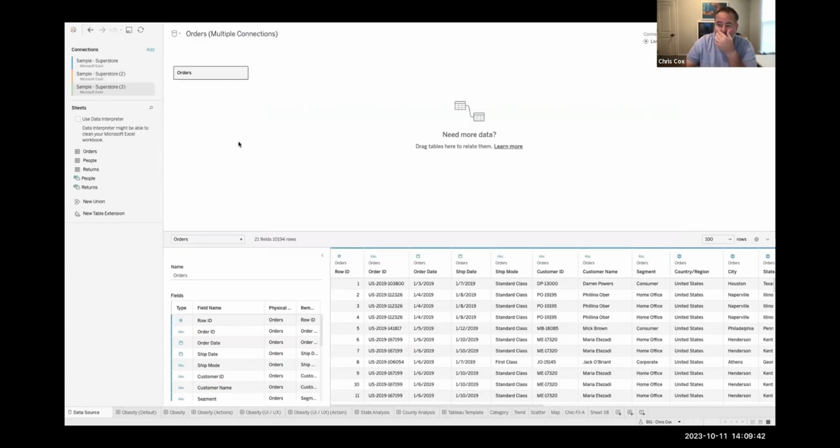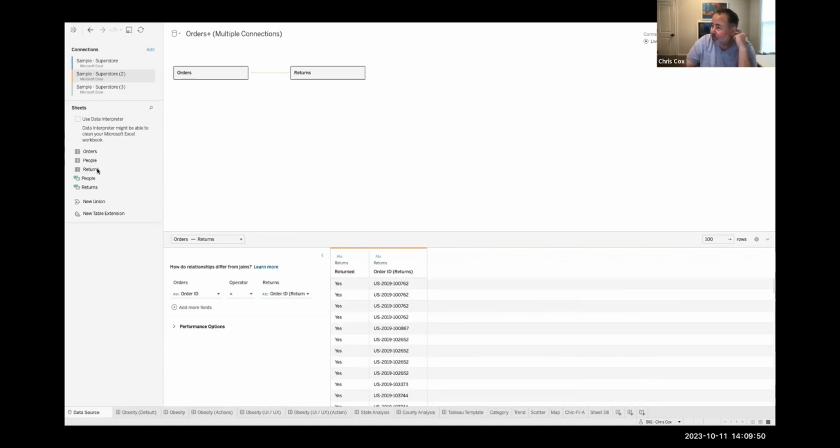It's the same thing. So what he's saying is on the first one, and this is blue, so you'll see that the blue comes in. If I try to pull returns from the second one, it's going to automatically give me that yellow line, which tells me which one it's coming from. Yep. And you want the third one, you want, like, to say people, but you want that to join.